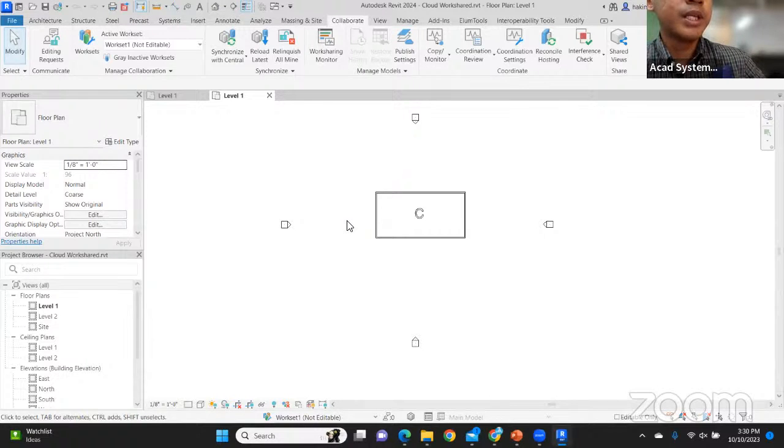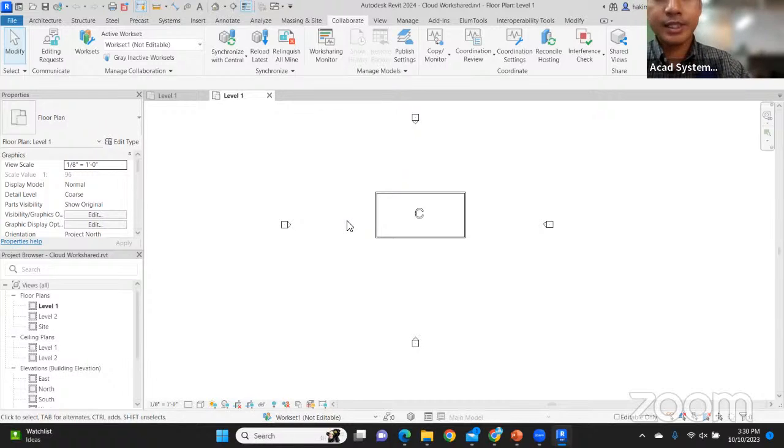Bear with me for a minute. I'm opening this model from another PC using the other account, the one that I created as the member. I will make some changes to the wall, and you will see it reflected on this screen. Basically, I will just make the room bigger